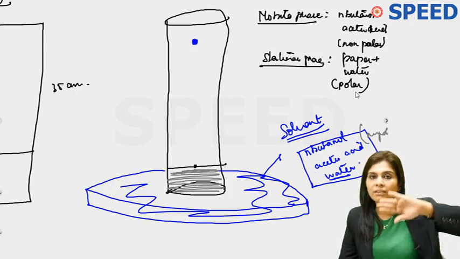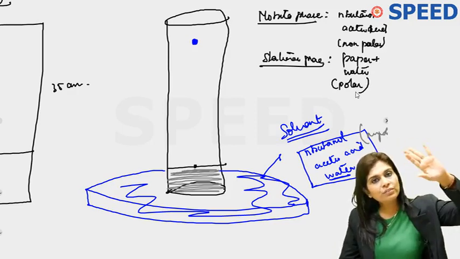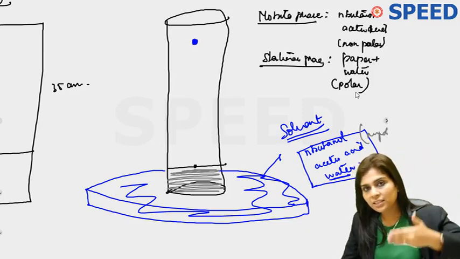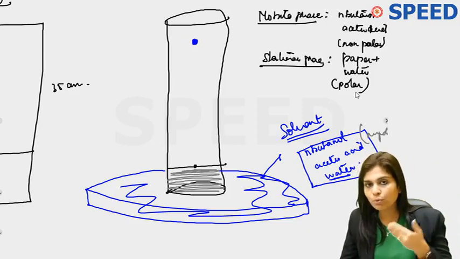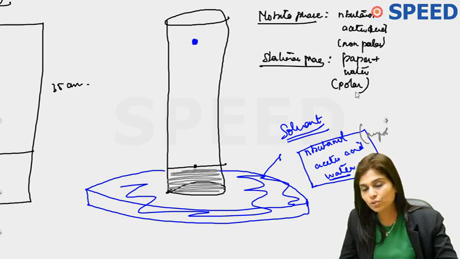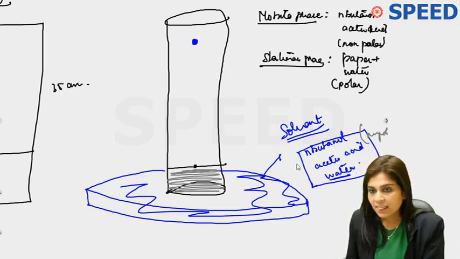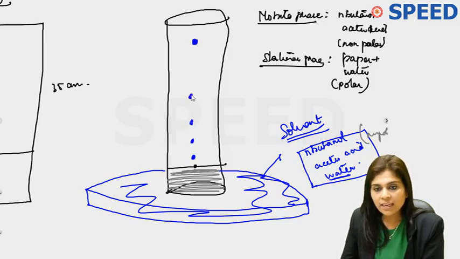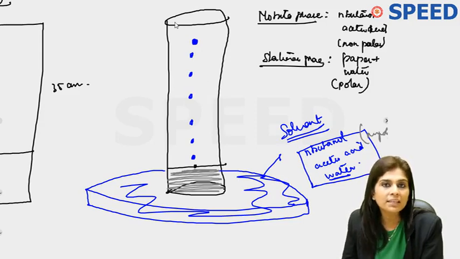And because the mobile phase is non-polar, which would move the fastest? Non-polar amino acid will move the fastest. And the stationary phase is a polar phase. So polar amino acid will be held close to the point of application. That way, based on polarity, you have separated all amino acids. The most polar amino acid will be present close to the point of application. As the non-polar nature increases, they move and are present away from the point of application.